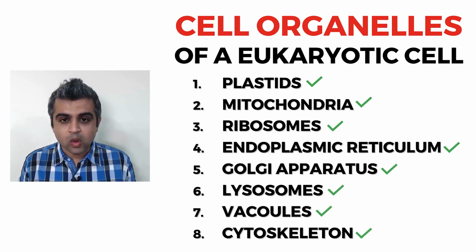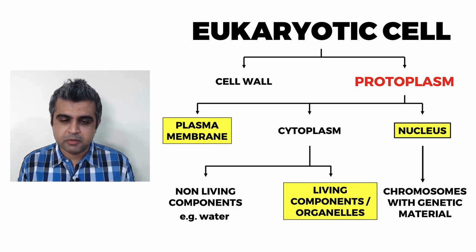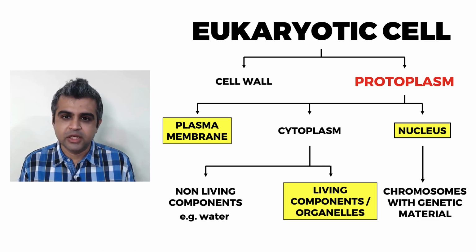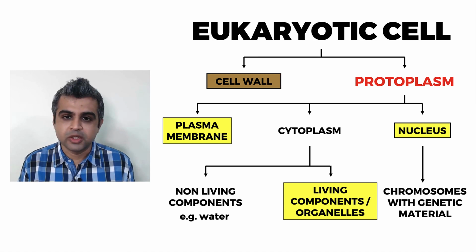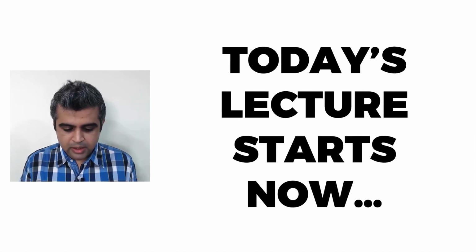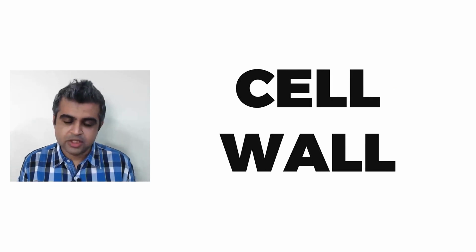We have also finished off everything related to the plasma membrane. So the nucleus, the organelles and the plasma membrane of a eukaryotic cell are done. Which means that the last thing about the eukaryotic cell that we need to finish is the cell wall. And that, dear students, is going to be today's lecture. Okay, so let's start today's lecture, which of course, as I just told you, is going to be on the